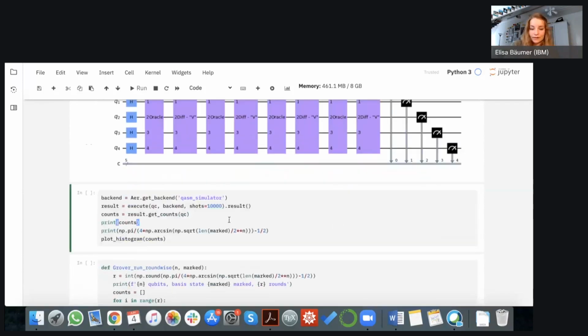Great, so let's run it on the simulator and see what we will get. So I choose the simulator as my backend. And then I execute the quantum circuit that I just defined using 10,000 shots. You will see in a second why I'm choosing 10,000. And I get the counts and plot them in a histogram.